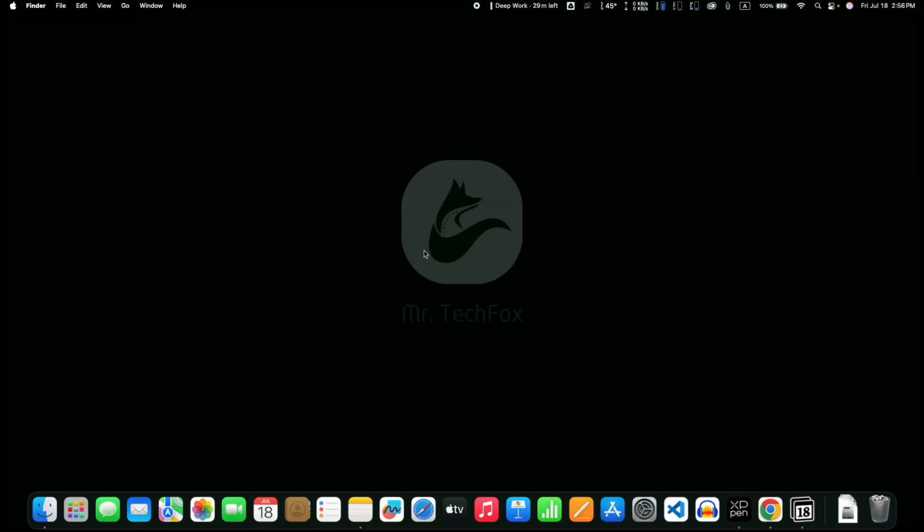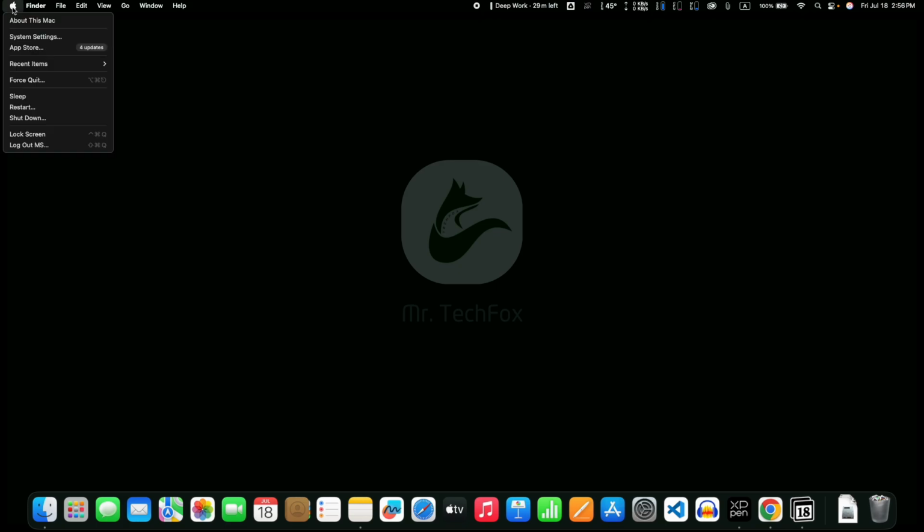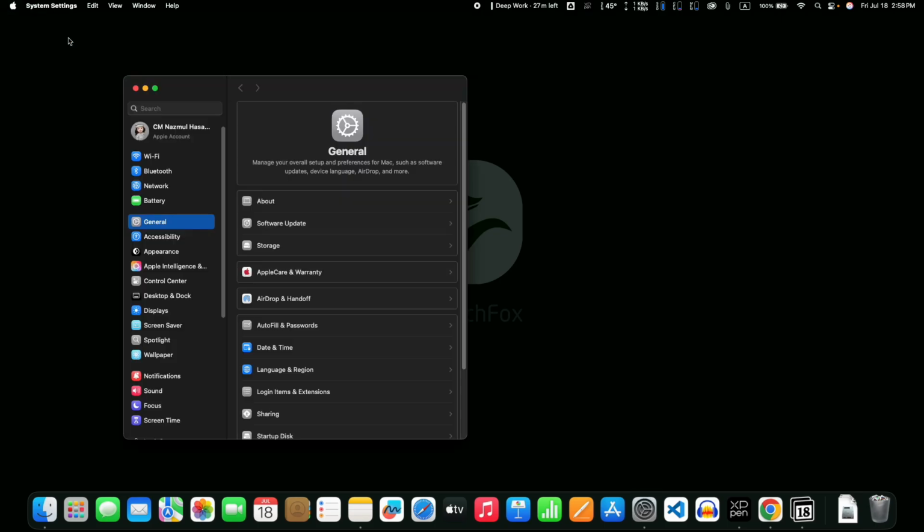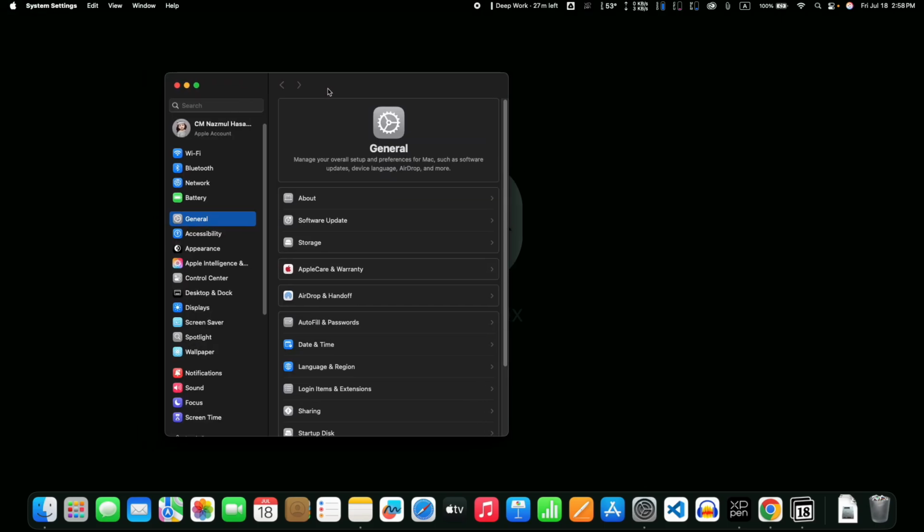So first of all, click on the Apple logo in the top left corner of your screen. And here you will get an option, System Settings. No worries, I'll show you both. And here you will see a drop-down menu. So from this drop-down menu, normally choose System Settings. If you are using an older version of macOS, it will be About This Mac. So I'm choosing System Settings as my MacBook is new, and then a window will pop up, and here